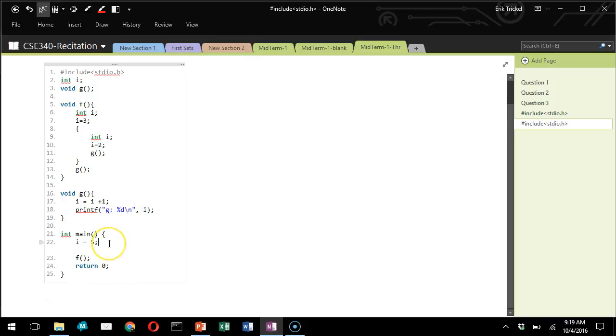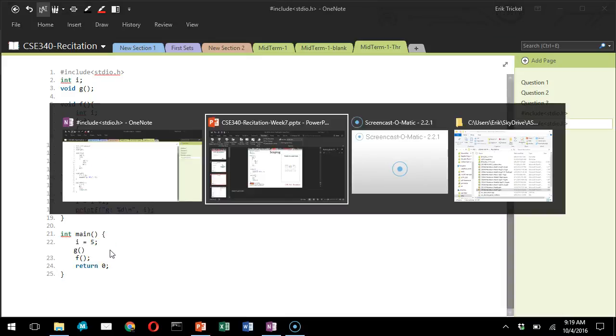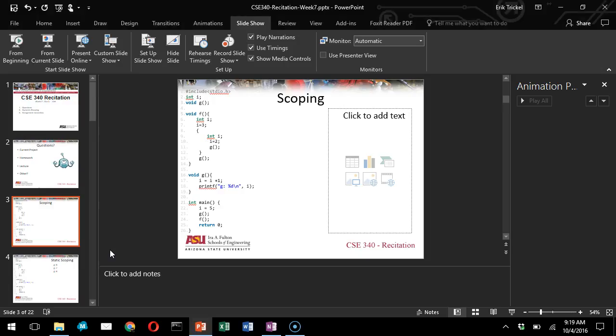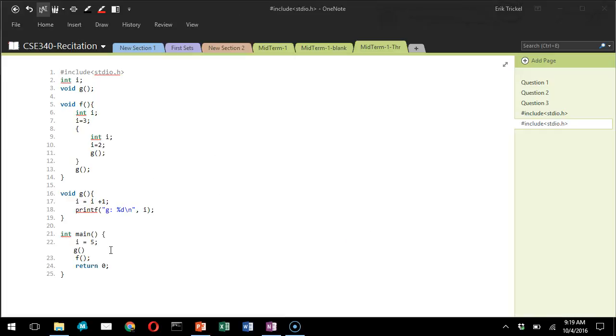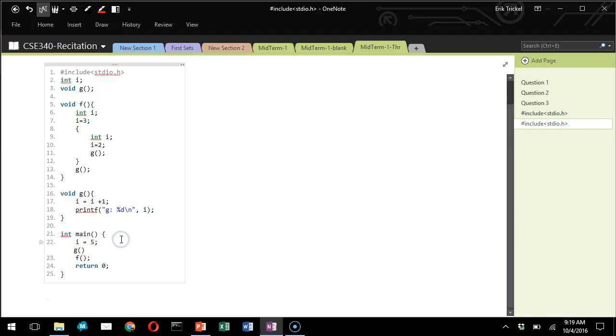But then we start in this first part of main and it sets I equal to 5. There's supposed to be a G. Hold on. All right. So we'll set it to 5,